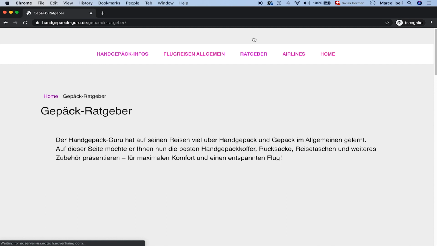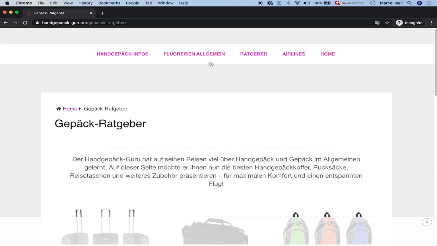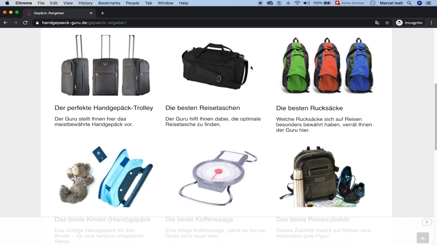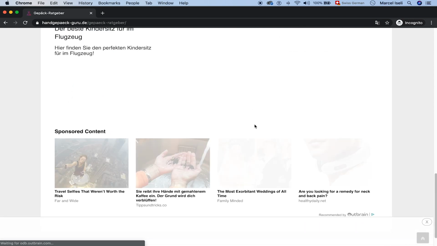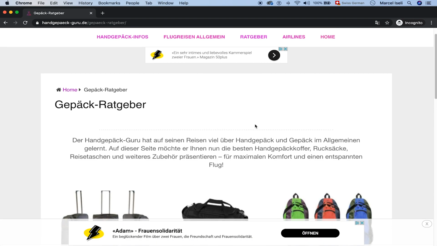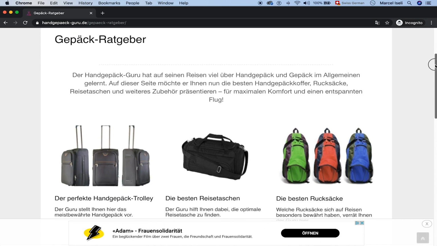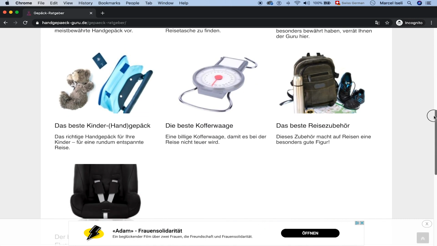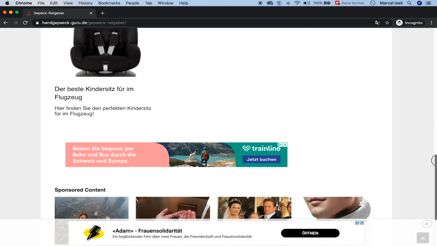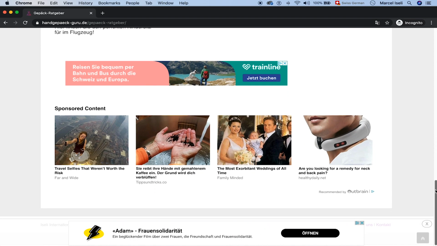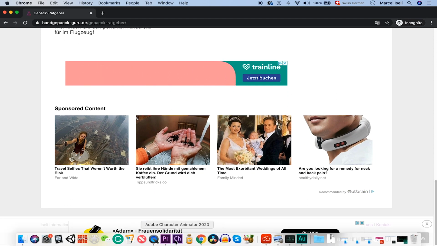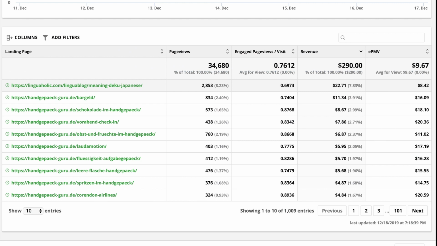So when you first set up Ezoic, your earnings are still going to be a little bit lower, but each and every day Ezoic will update the algorithm and serve better ads. So after a few months, when everything is optimized perfectly, you will be able to earn more every day.